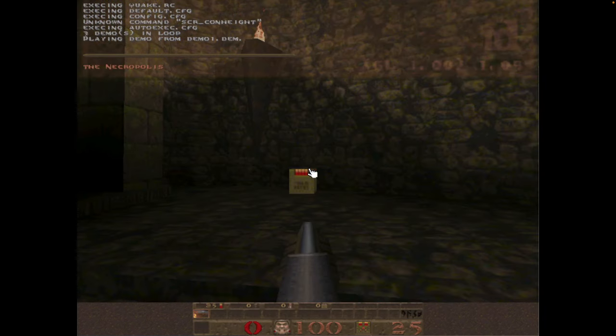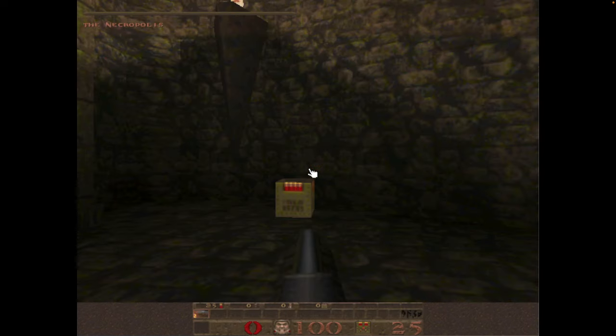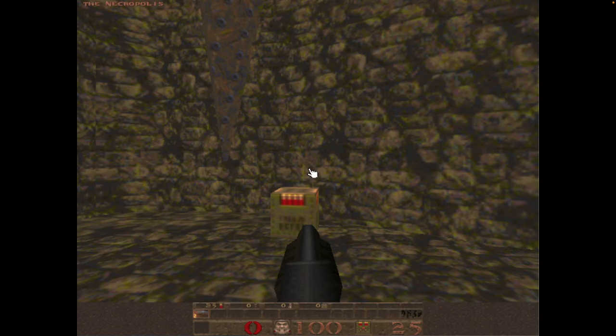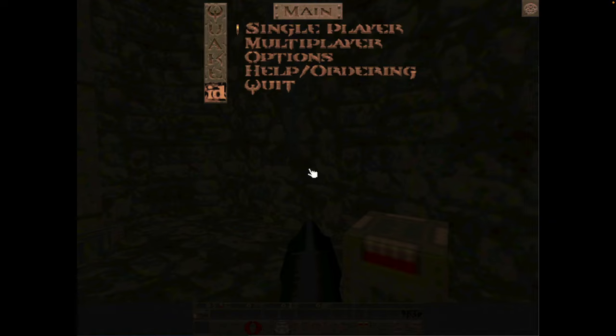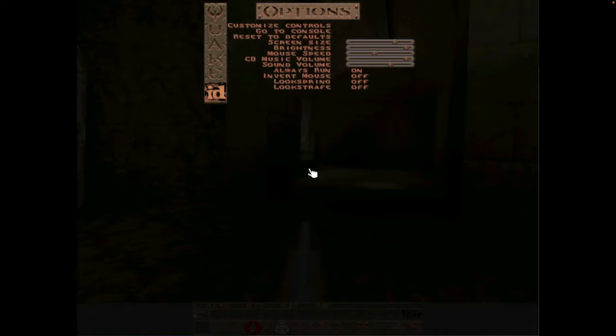I'm hoping that I'm able to go into the settings and then press down twice and select options. Oh, and then if I do up, and then up again,